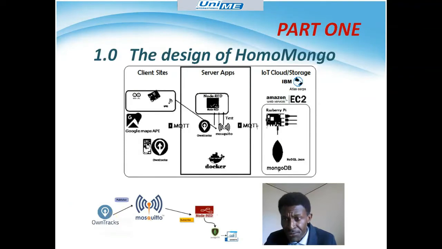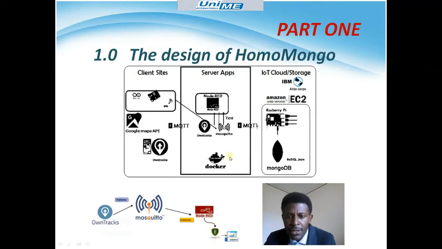The design of HomoMongo is partitioned into three parts for easy understanding. On the client side, you could choose any suitable API of your choice like Google Map API or Owntracks. I settled for Owntracks. The Owntracks API publishes to the MQTT Broker server on the internet, and our private MQTT subscribes from it and publishes to Node-RED, where it is encrypted and sent to MongoDB, and the user can now